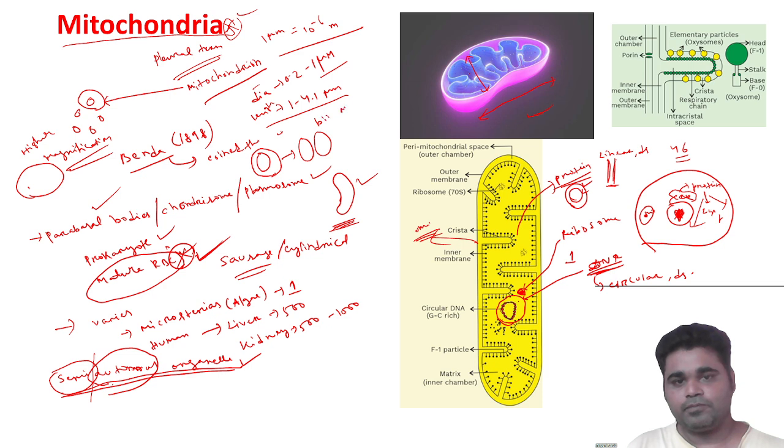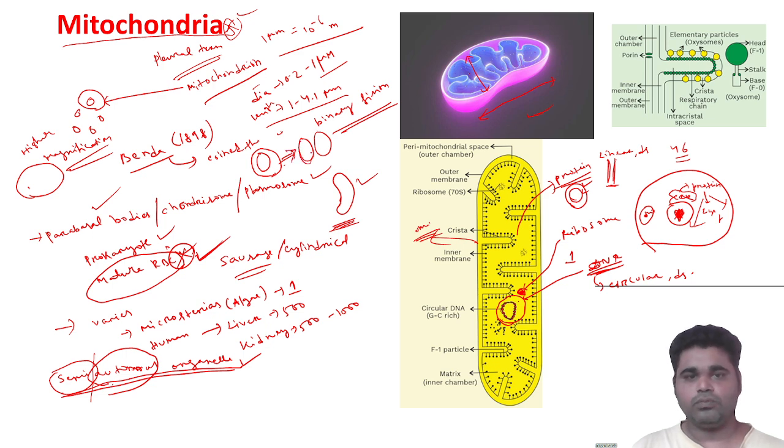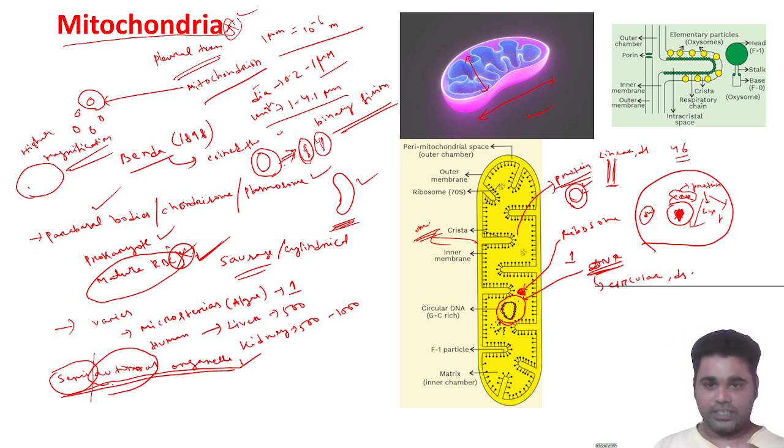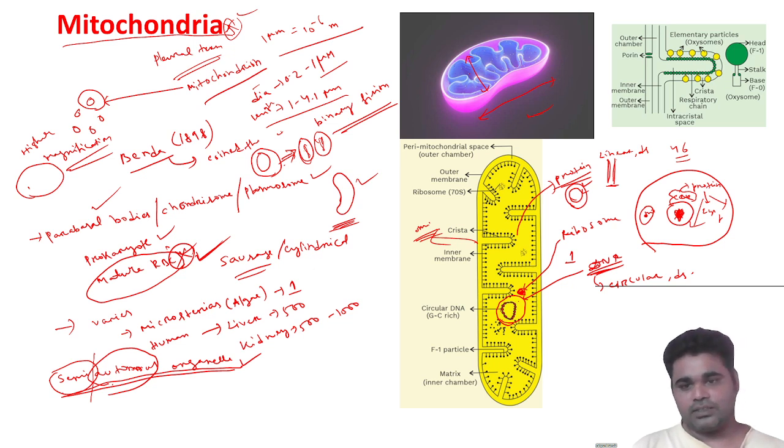Binary fission. That means from one, it forms two of the same structure, or same mitochondria-like structure. So it is always important that mitochondria divide by binary fission. So now look at the